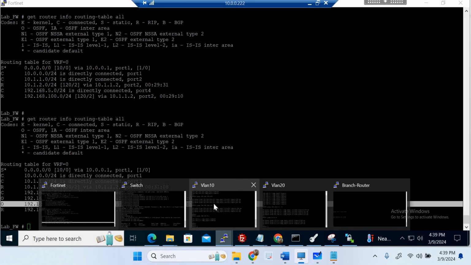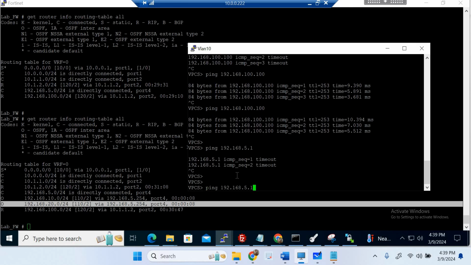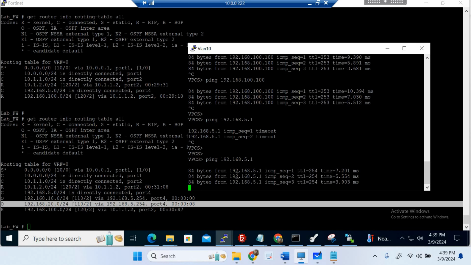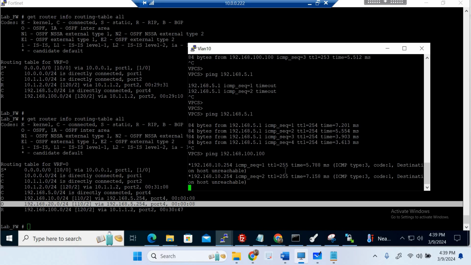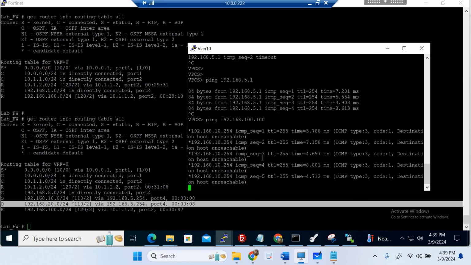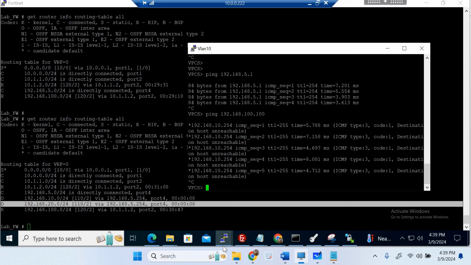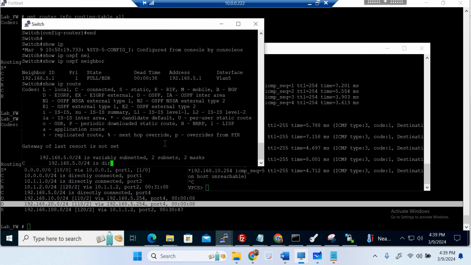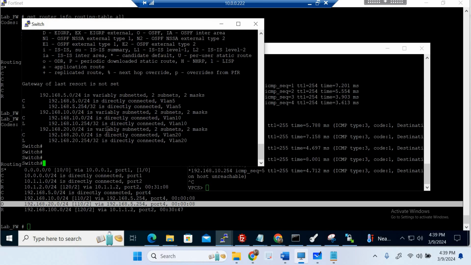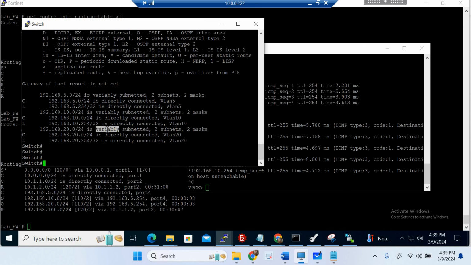Now try to ping from a VLAN VPC to firewall. But now try to ping again branch router, destination host unreachable, because the switch is not having this 100 dot network, right? Previously we were doing routing from the default route, but now the switch is not having the 100 dot network. So for this, what we need to do,